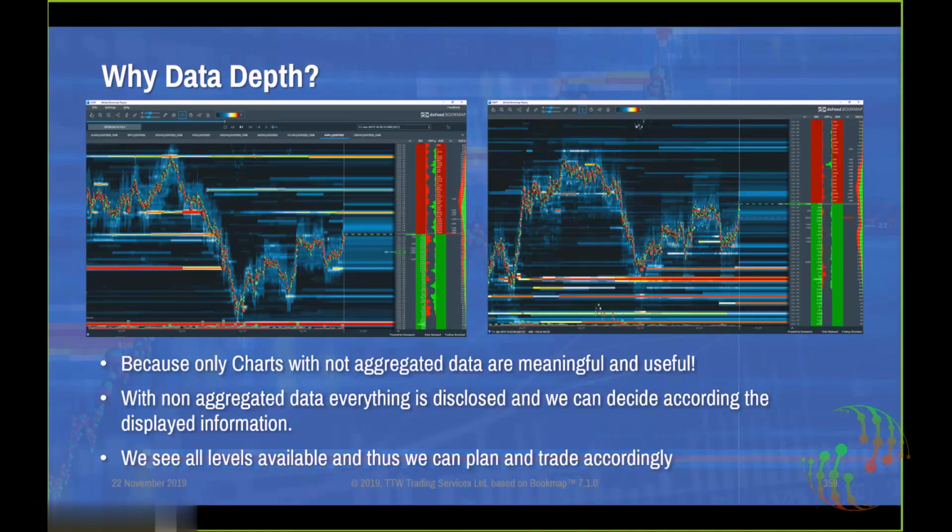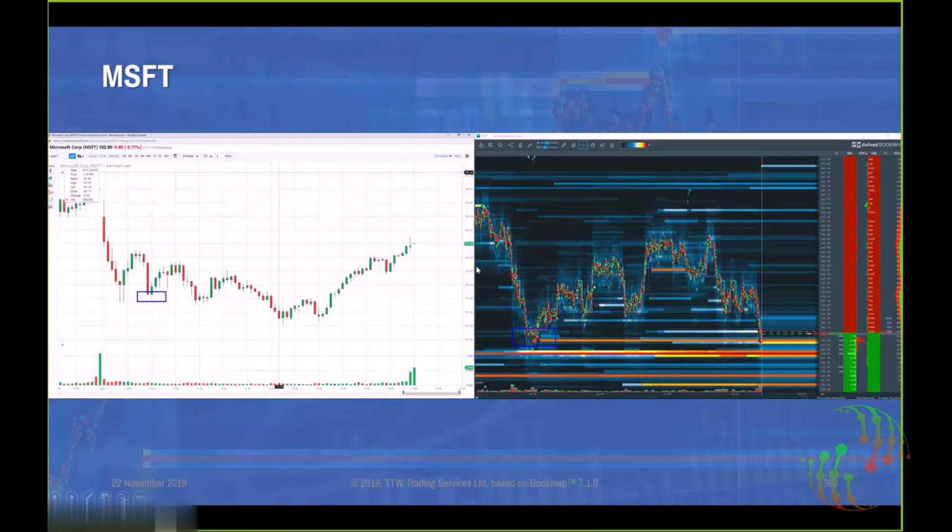With non-aggregated data, everything is disclosed and we can decide according to the displayed information, and we see all levels are available and thus we can plan and trade accordingly. That's the point. We need to make decisions to understand what is going on. I would like to motivate you and kindly ask you, think about having the right data in front